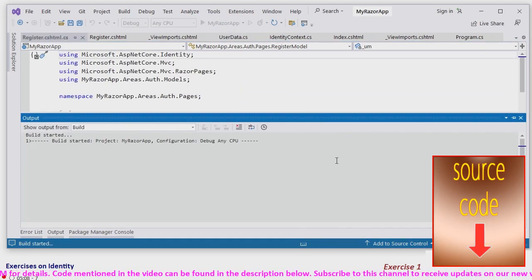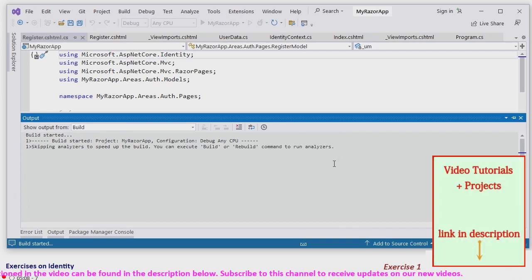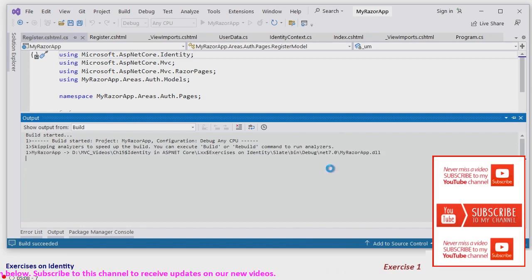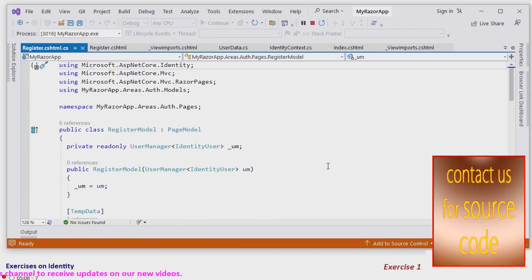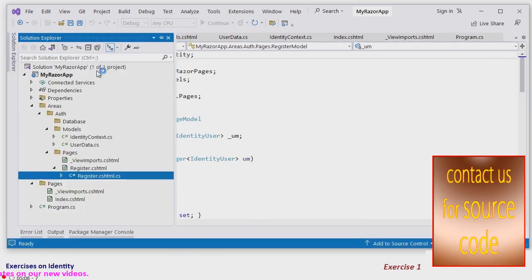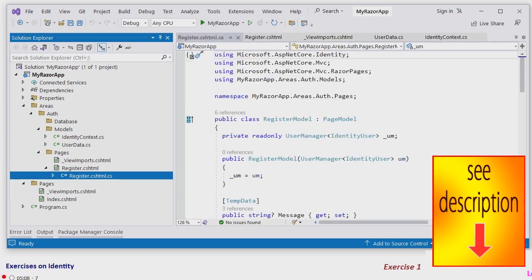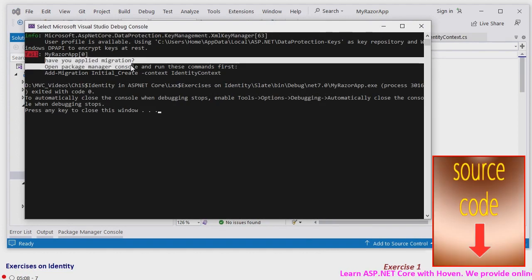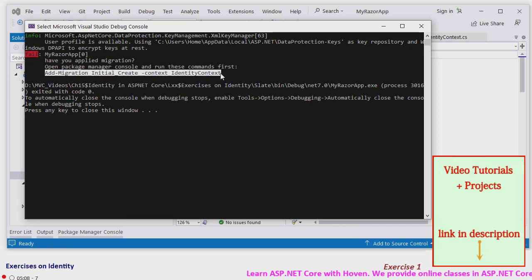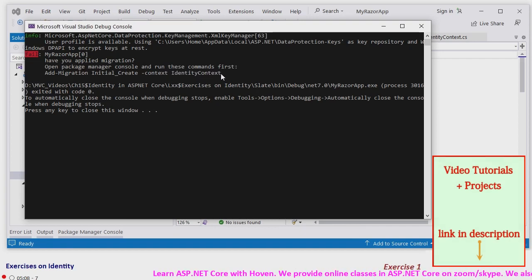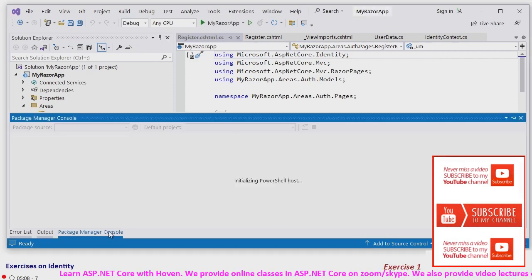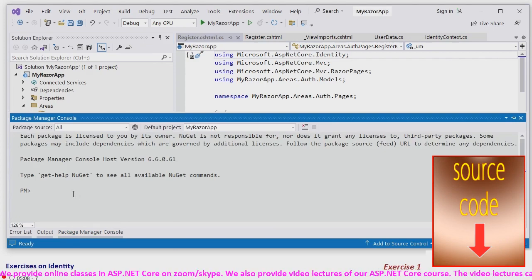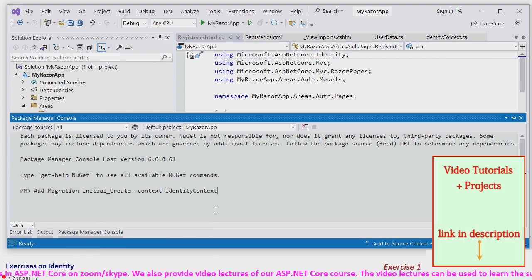Run the app now. We expect it to fail because database is not yet created. Let's actually verify that it fails. Nothing appearing, this means it has failed, and we'll open the console. That opens side by side. It says, have you applied migration? This is to be applied on package manager. So let's open package manager console and paste and enter,